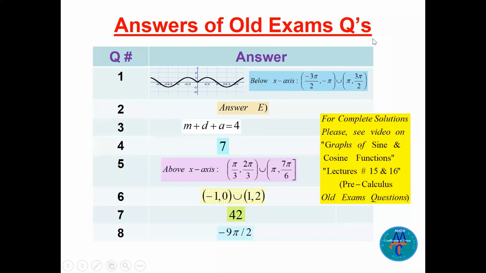Now here are the answers of the 8 questions related to sines and cosines. Please, for the complete solution, you can see the video on graphs of sine and cosine functions, lectures 15 and 16,